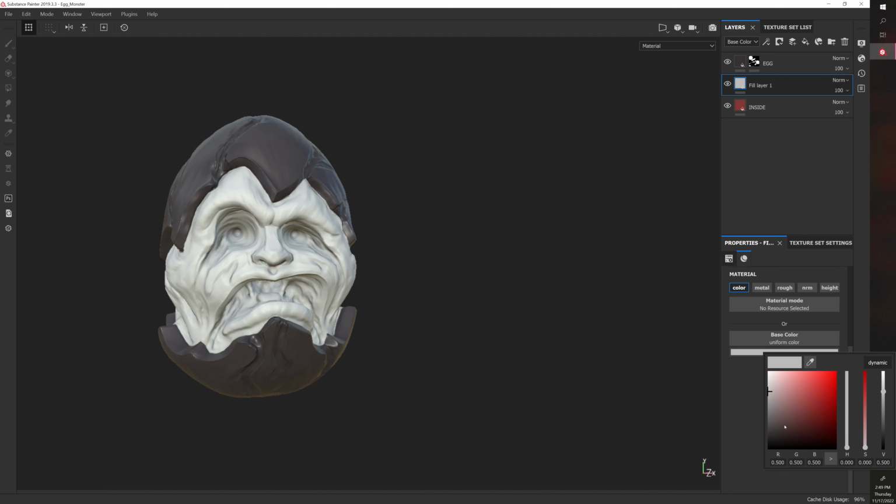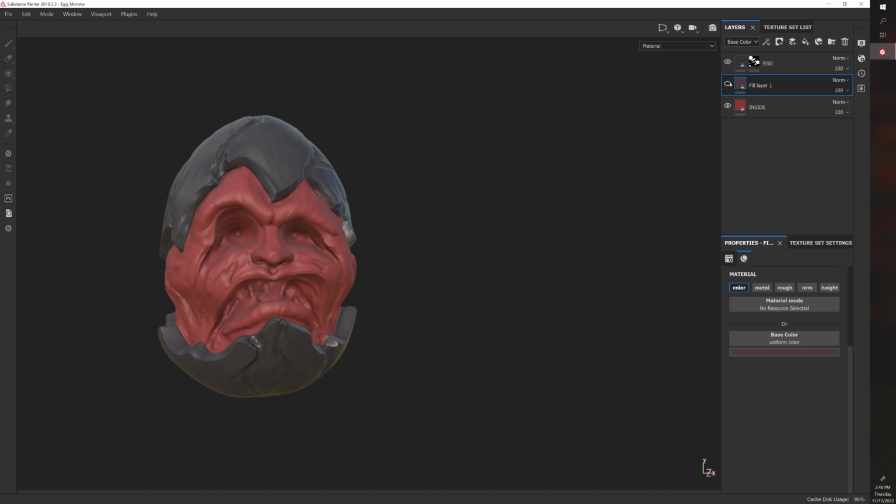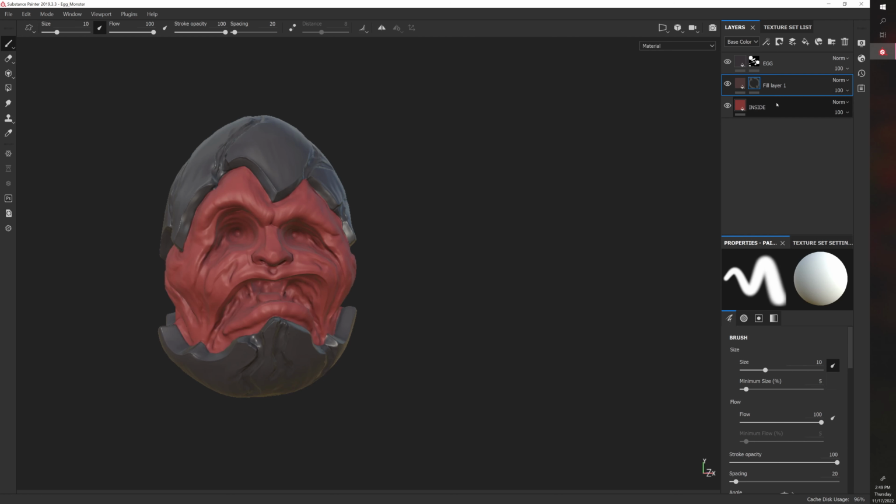And what I want to do is make this darker. So I want a darker color to paint into the red. So we're going to add a black mask. We can also name this shadows inside. And then what I want to do is pull up the shelf,